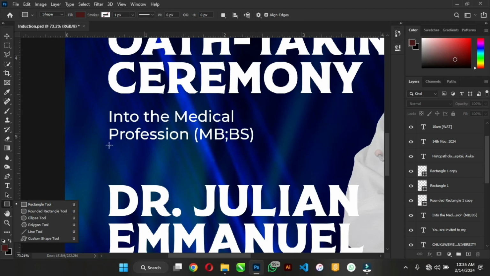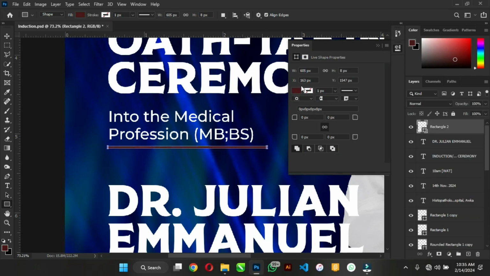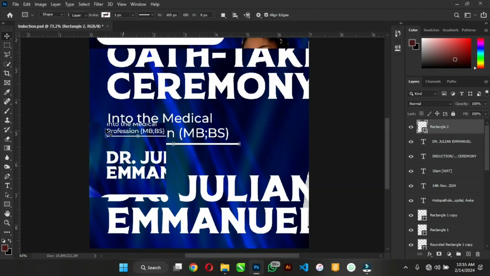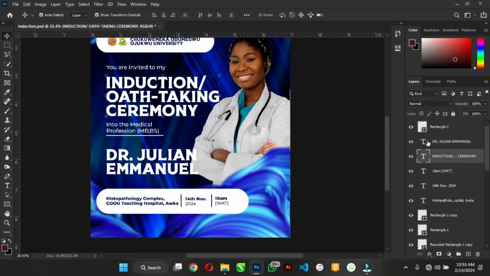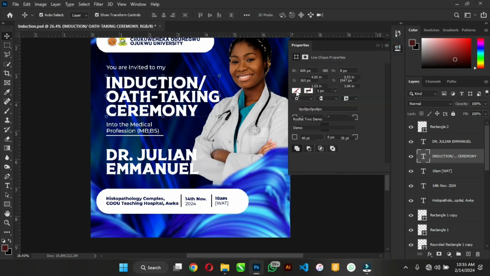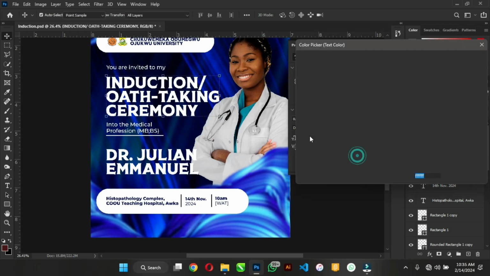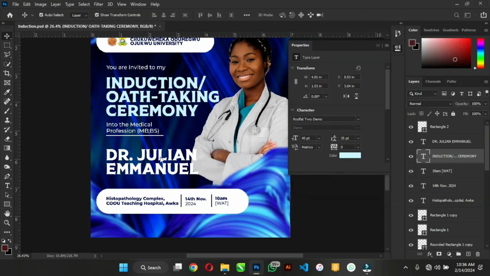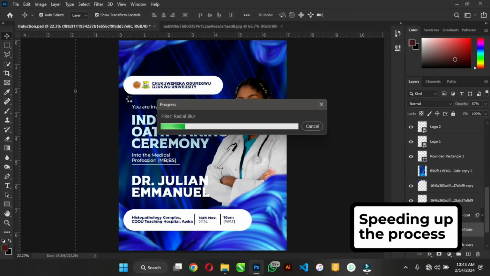So I'm just drawing a shape here. Your white color, and I can decide to change the color a bit to light blue. Select color and get a light blue on it and so good to go. And all right, so